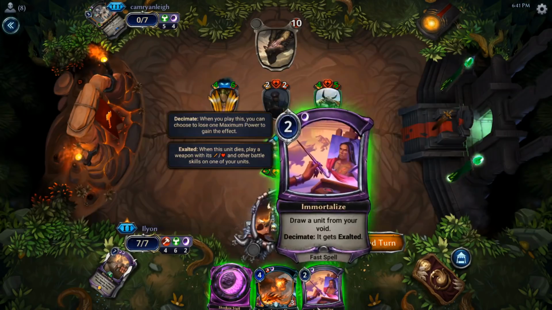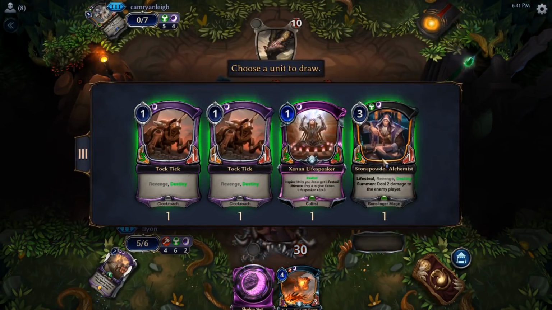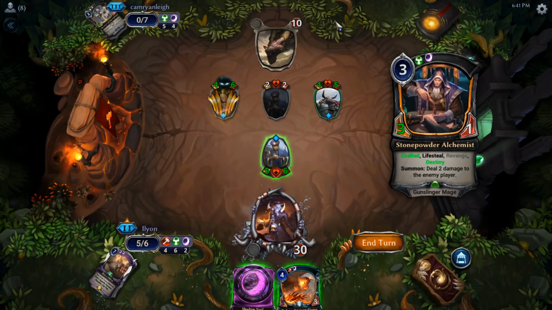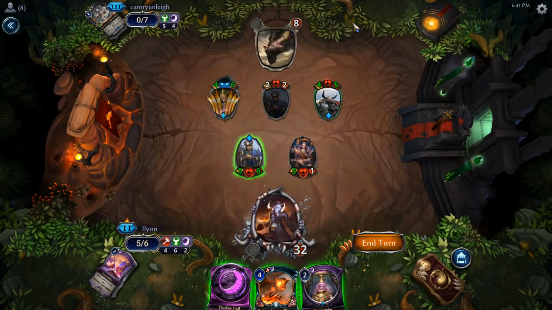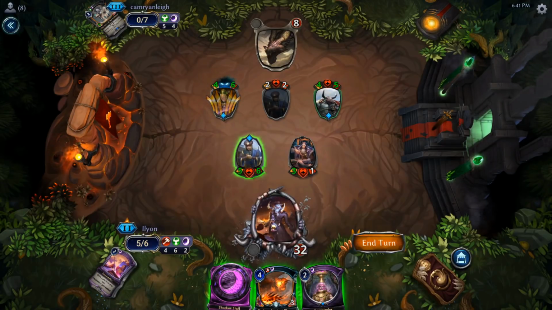Alright, well, we can pull back Stonepowder Alchemist. Hopefully hit some way to murder this. We still have Desecrate. Another late night. There's our Fearbinder for the first time. Alright, well, they're gonna steal our Makto. That's really sick. It's too bad that they...